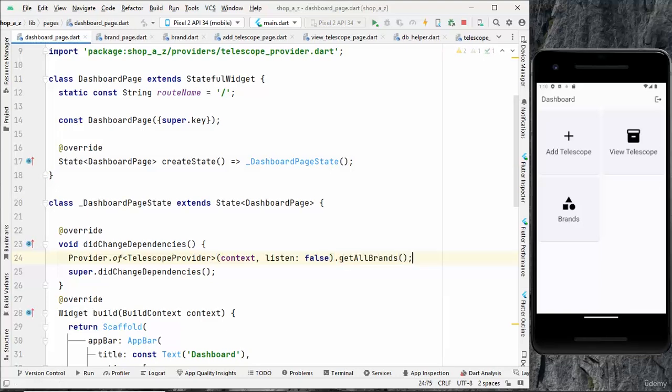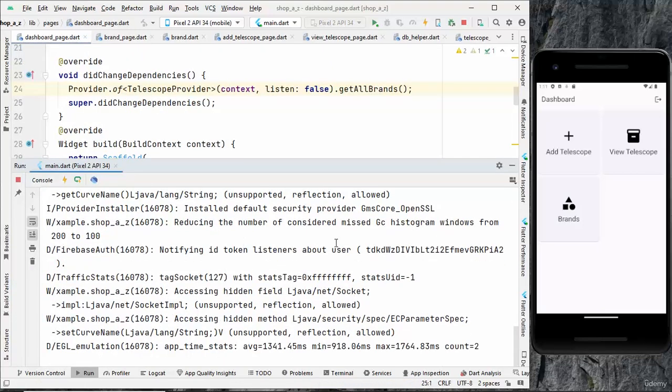So as soon as we land on this dashboard, we will have all the brands fetched and ready, and our telescope provider class will serve this brand data to any widget all over the app or during the life cycle of our app. So if I now restart our application once again,